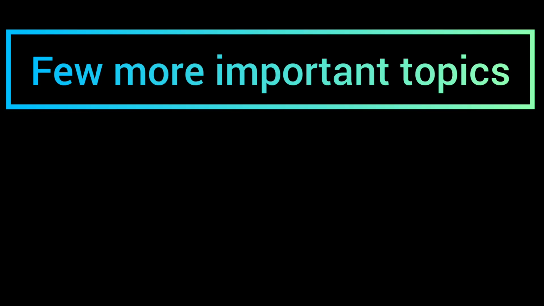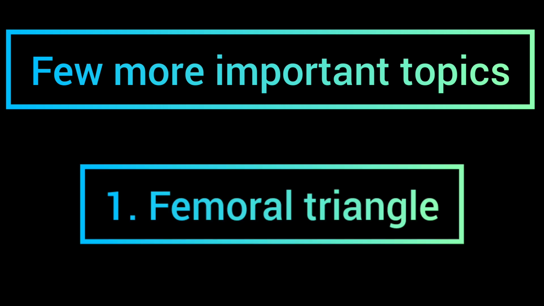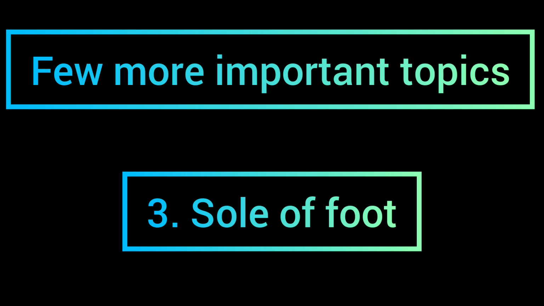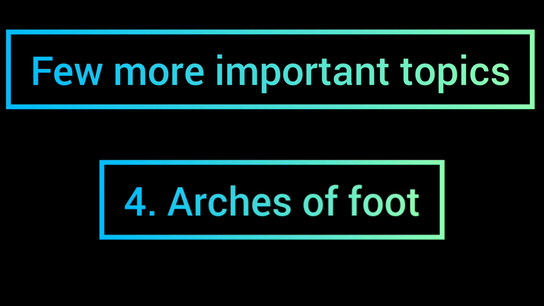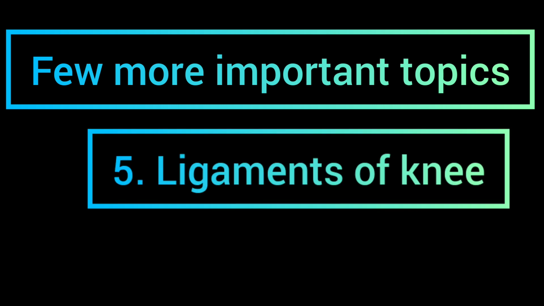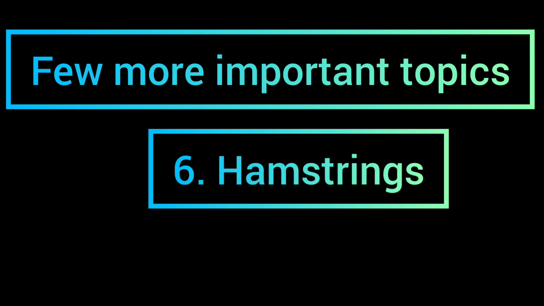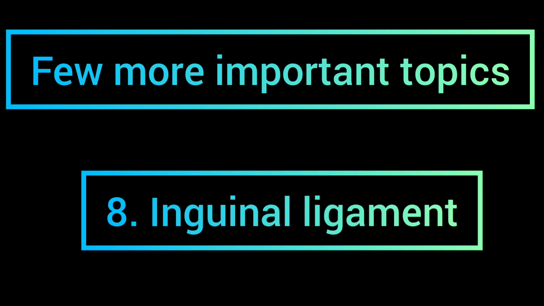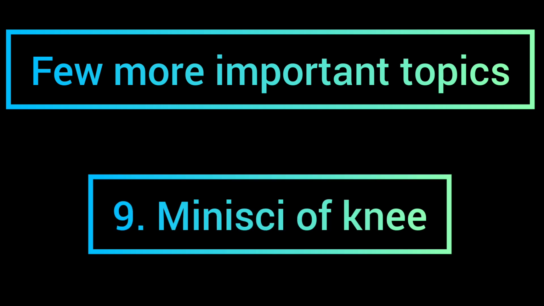Now I'm going to tell about those topics which I have written in a separate book. So please cross check it. The first topic is femoral triangle, second one hip joint, third one sole of foot, fourth one arches of foot, fifth one ligaments of knee, sixth one hamstrings, seventh one popliteal fossa, eighth one inguinal ligament, ninth one menisci of